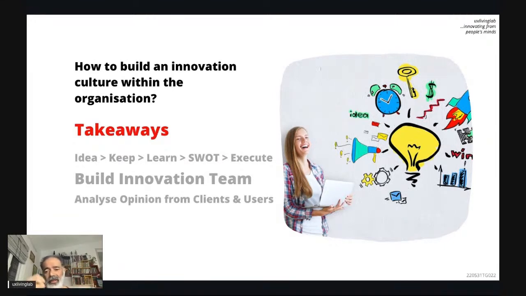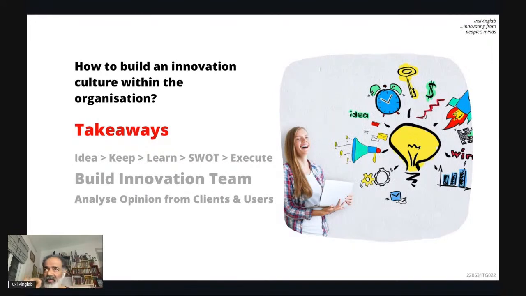Each idea needs an innovation team. Don't say, okay, I have an innovation team in my organization. It's something like a finance department. Every idea will go to them and they will execute. It won't work. It's something like a government mission. So there is a department called innovation. But I'm talking about an innovation team, meaning each idea needs an innovation team.